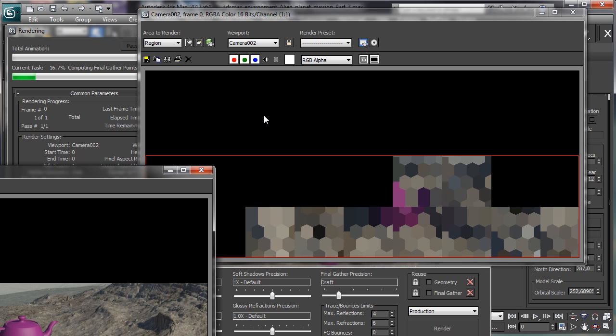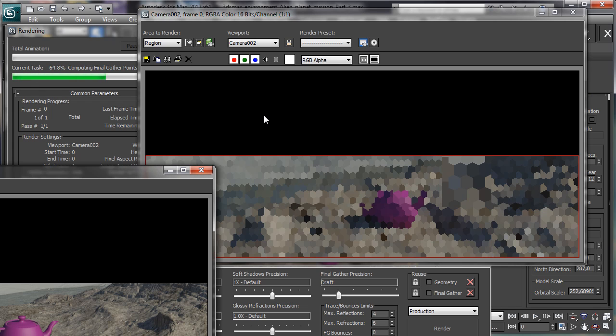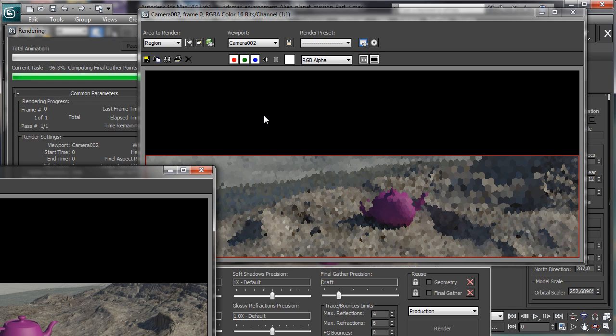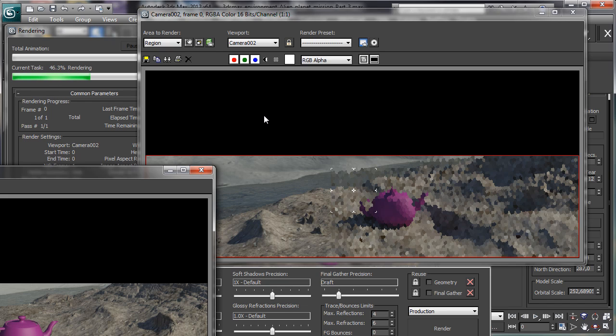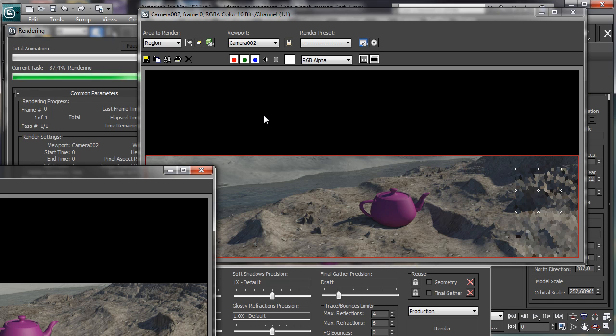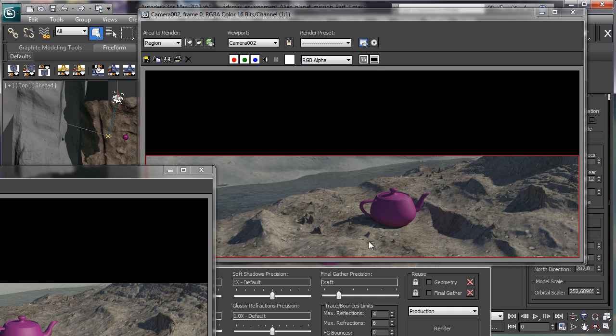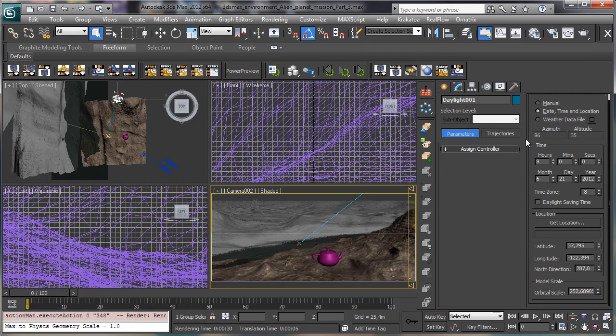The first one was not bad, so maybe we can use it, but I'd like to check if this way we have a better illumination with more detail. Remember that the scaling is big, so okay, it's not bad. It is really not bad. Okay, let's try to go with this value, maybe just a little bit